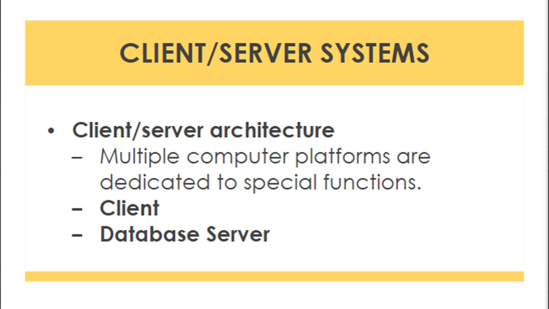Client-server systems use client-server architecture, which is multiple computer platforms dedicated to special functions. These platforms are called servers. Each server is accessible by all computers on the network. Servers can be computers of all sizes. They store both application programs and data files and are equipped with the operating system software to manage the activities of the network. The server distributes programs and data to other computers, known as clients, on the network